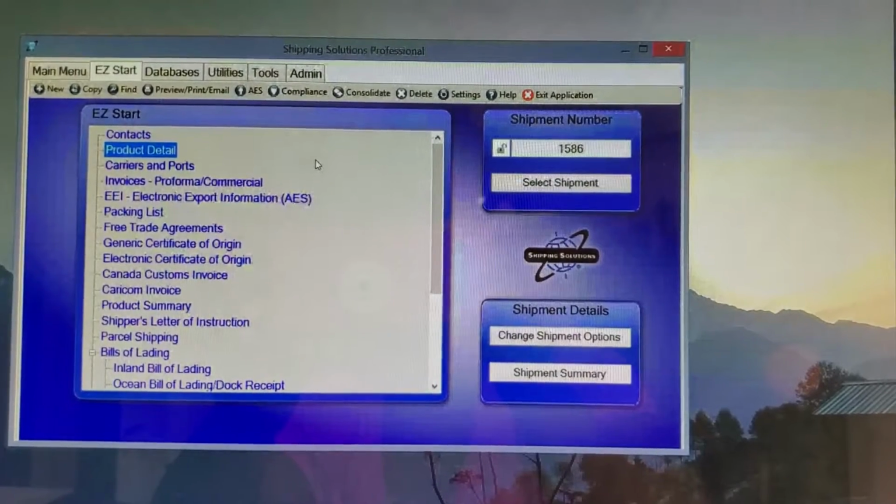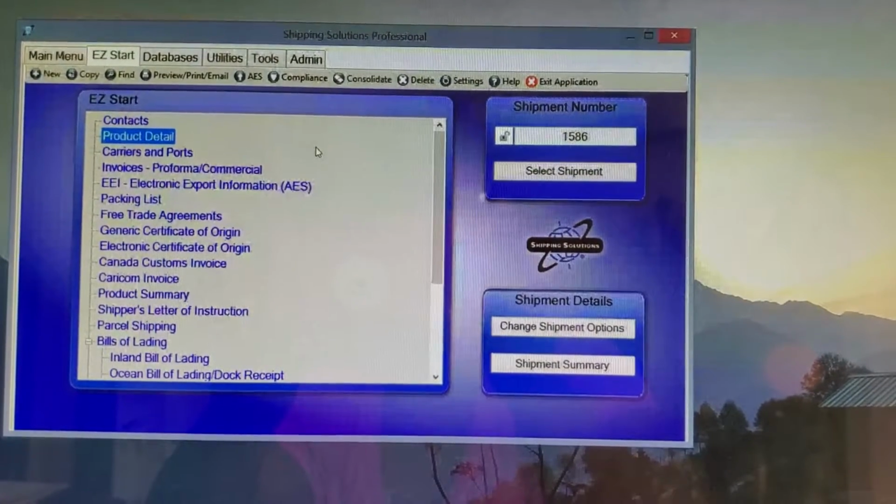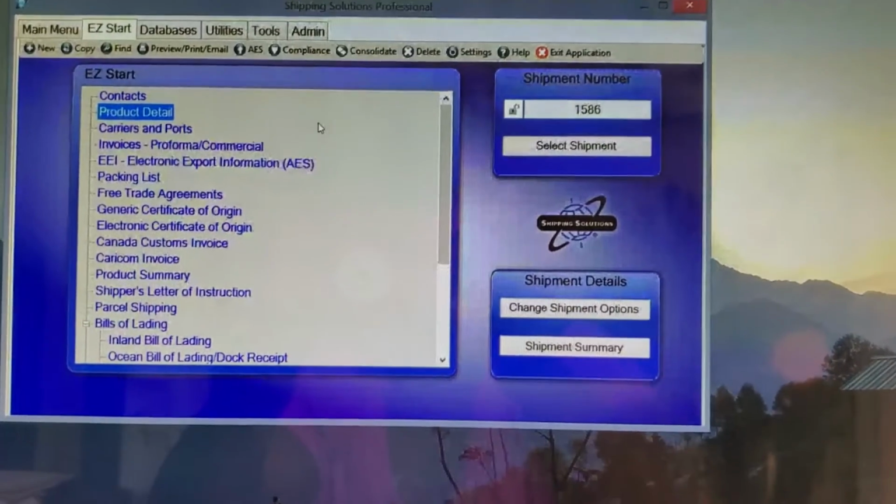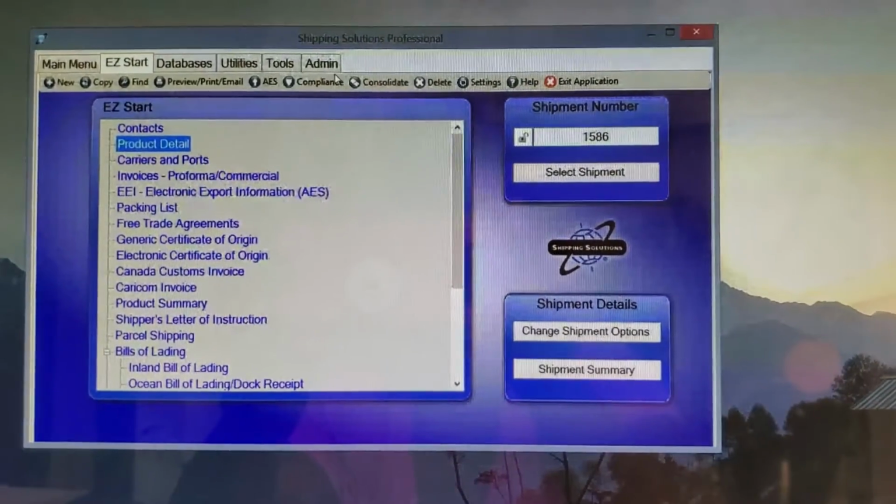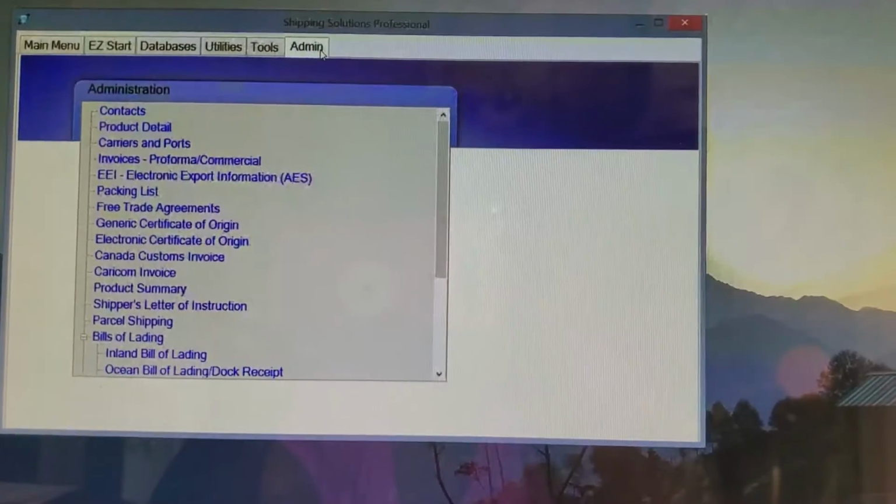what you essentially would be doing is mapping fields in your ERP to their corresponding fields in Shipping Solutions. So there's a tool in the software called,